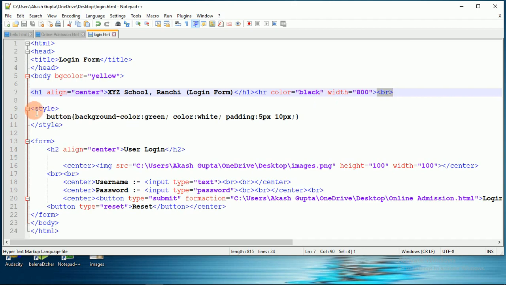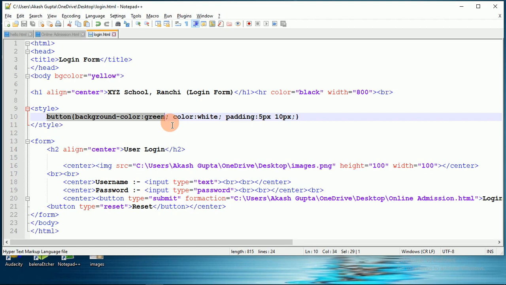So you can see here, this is a style tag. Here it is opened and here it is closed. Between these style tags we will write the properties of whichever tag or whichever value we want to change, or whichever we want to customize.